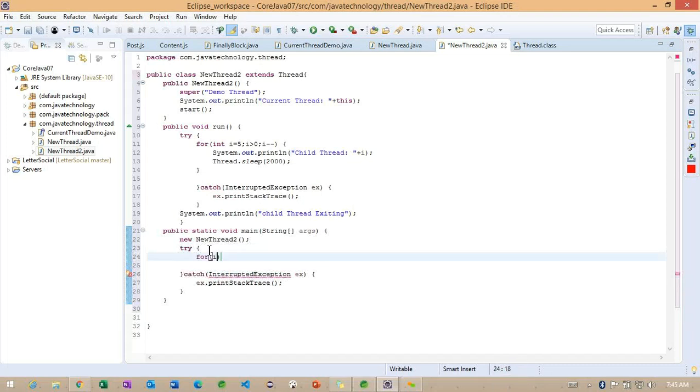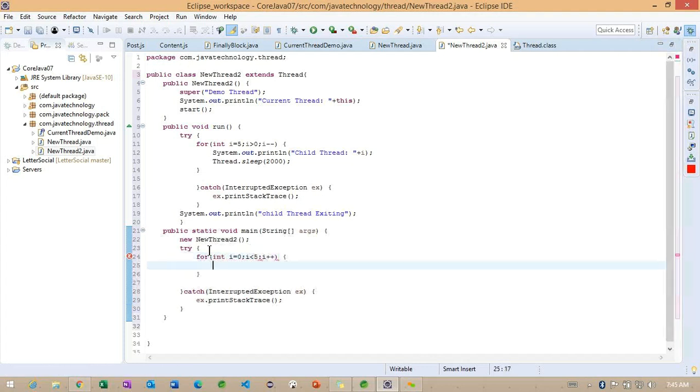And after this, internally, we'll check with the i value from 0 onwards: i less than 5, i++. And here, System.out.println main thread of i.